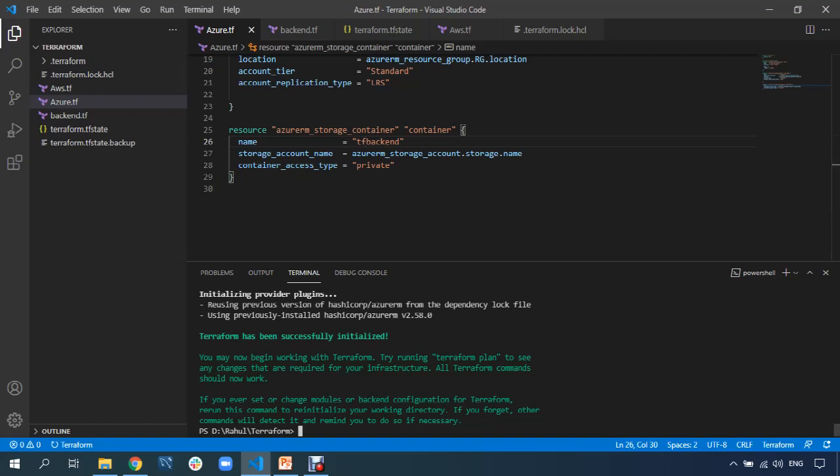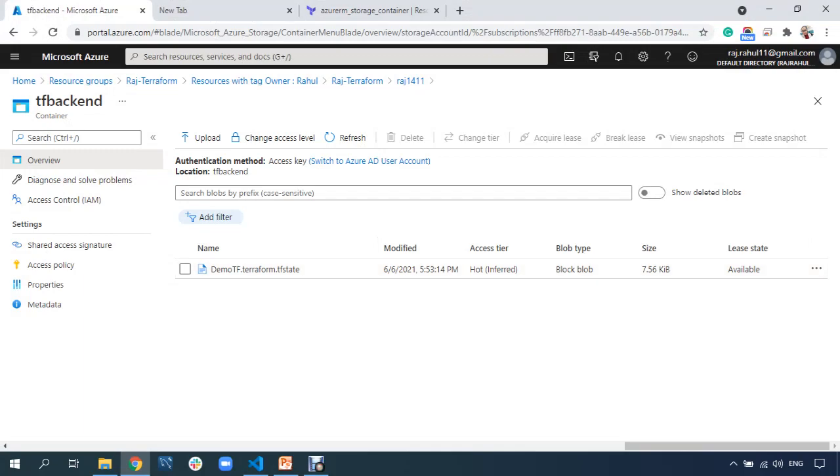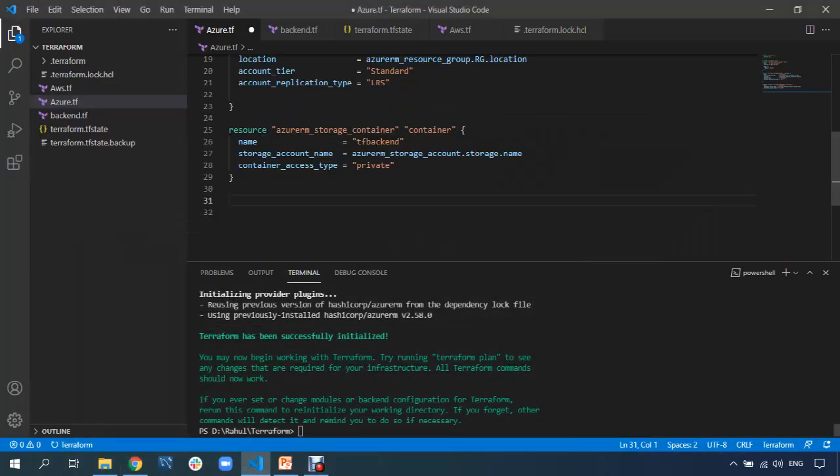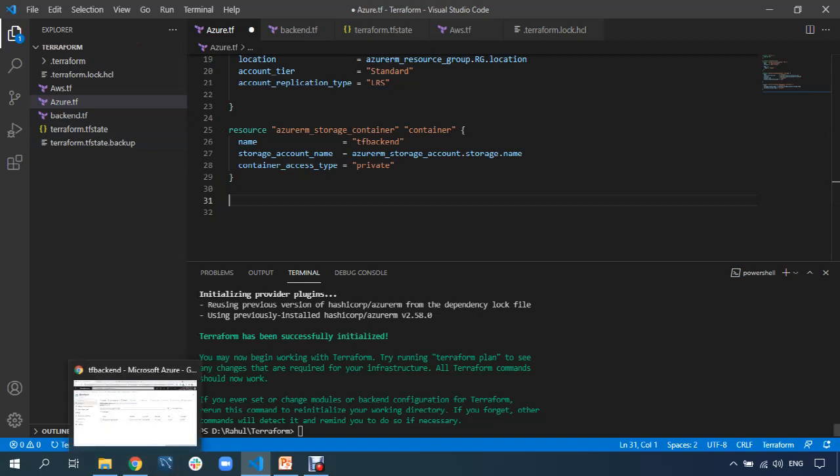One more thing I wanted to mention. Let's say I'm running the code and creating some resources, let's say a network, and at that same time another person is also running the same code. Whenever you run the code, this Terraform backend file will be locked. It means only one person can write this Terraform backend file at a time. At a time only one person is allowed to create resources. Once their resource creation is done, then you will be allowed to create resources. This is how the Terraform backend file works.